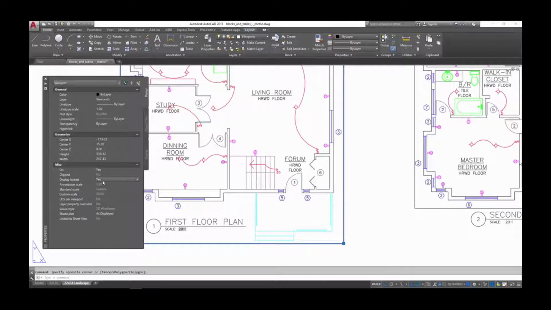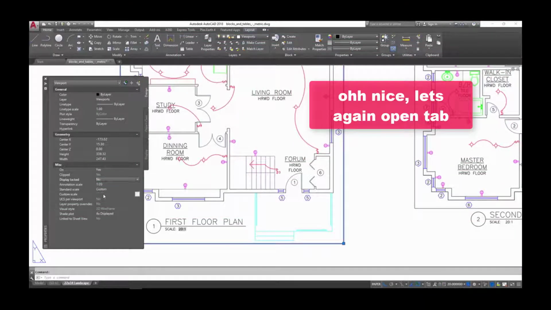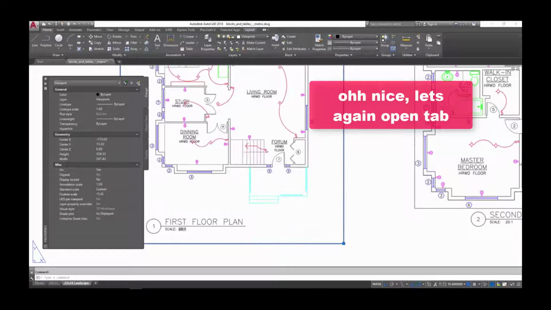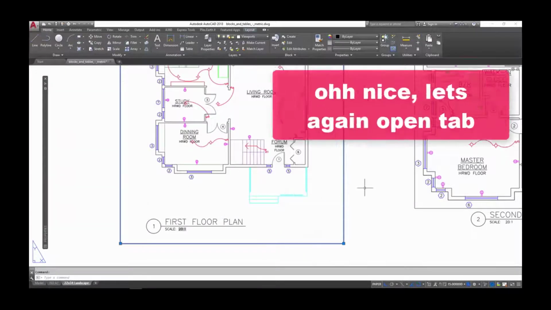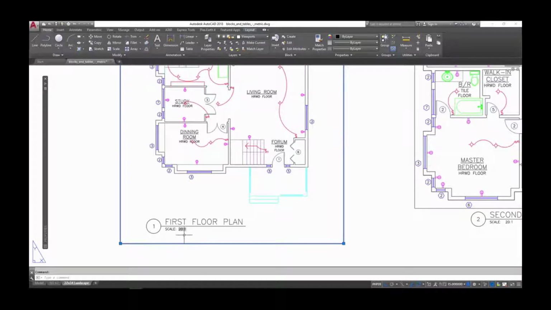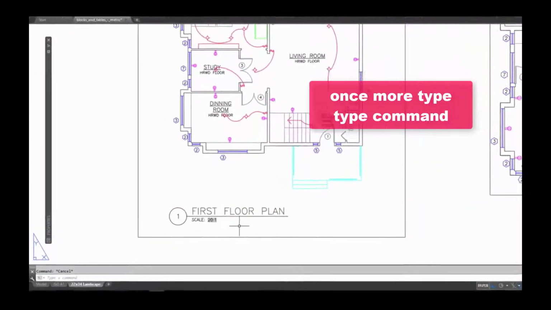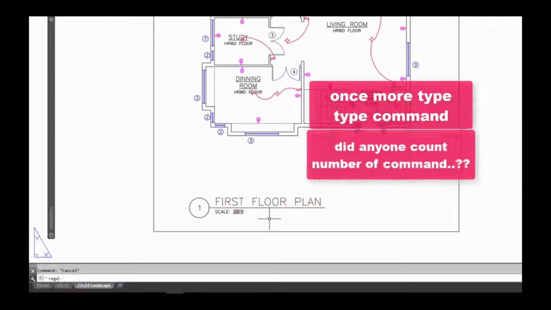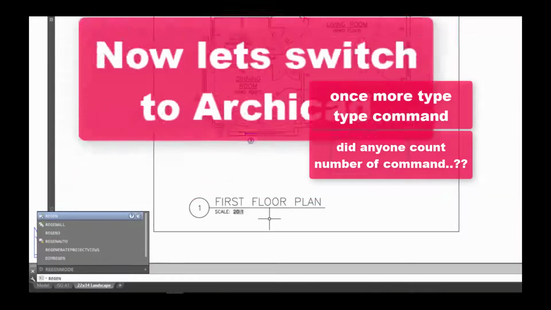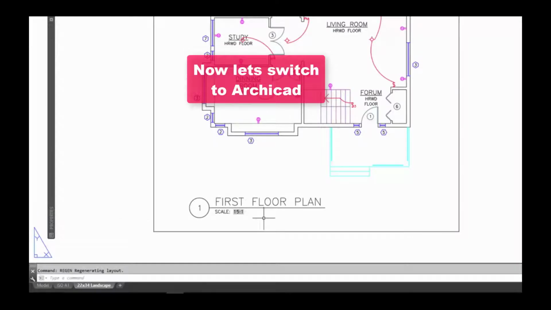Next, we can quickly test it out by simply changing the scale of our viewport. So we're going to unlock this first, and let's say we change it to 15:1. You can see it's zoomed out a little bit, and you can see that the text is still 20:1. To update a field, you can type in regen to regen all of the fields, or simply save your drawing. But once we've typed in regen and